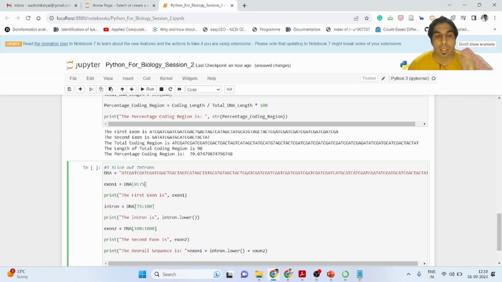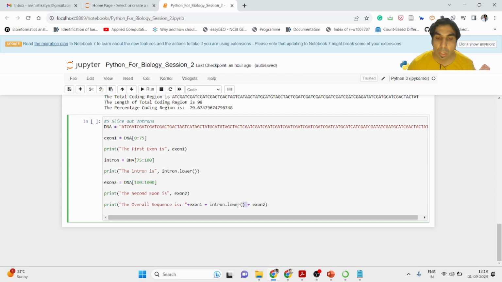So it goes towards 75, but it is not taking the base pair present at the 75 position. This is the characteristic of the range operator. Right now it is taking the 75th position, it goes to 100, but it is not taking the 100 value, it is taking the 99th base pair index value. The exon starts from 100 till the end of the sequence, the same as before.